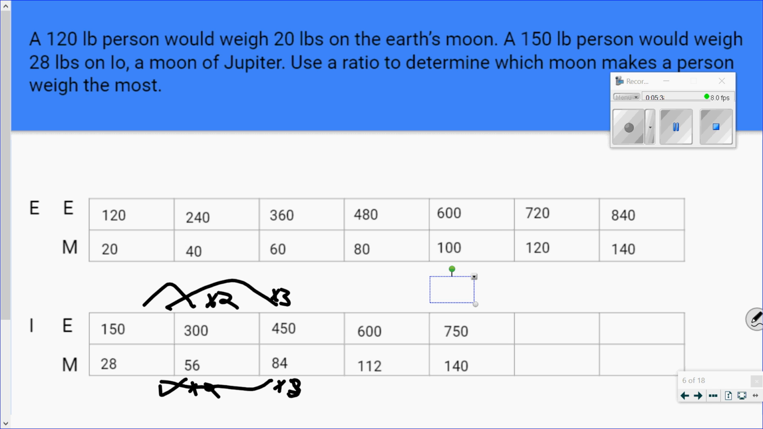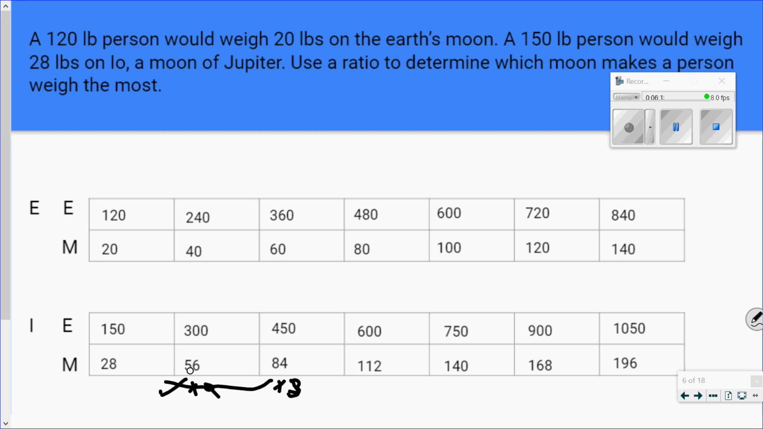All right, who's got the next one? Mia. 900. Yep. Who's got the last one? 1,050. 196, correct. Okay, so now that we have our values in the table,